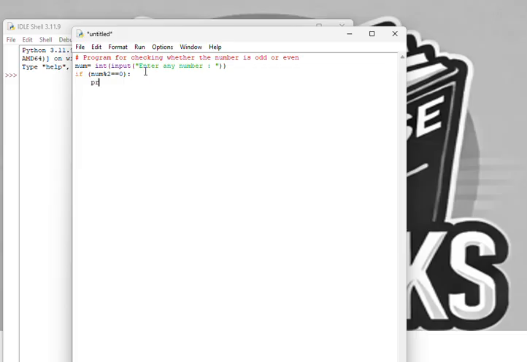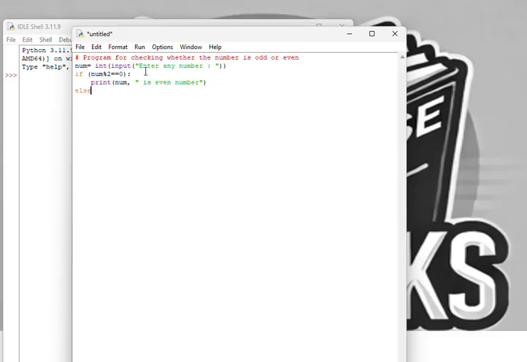then we have to display a message that the number entered is an even number. So for that, print num comma is even number. So I have started the parenthesis, I have closed the parenthesis. There is only one statement in this if statement, so we have to move back. So under indentation only one statement will be there.